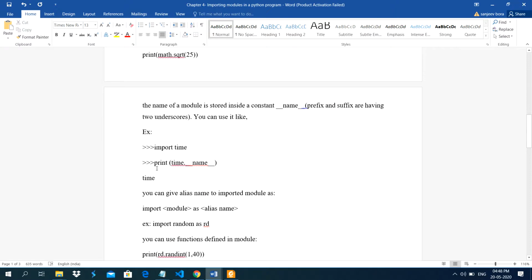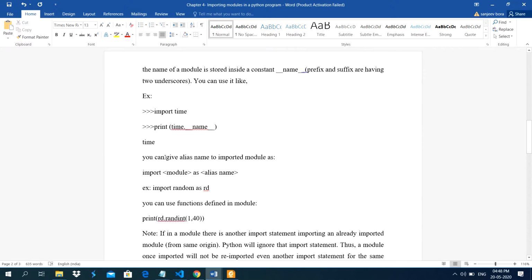Second is import time. Now here you write time dot double underscore name double underscore, and it will display the name of the module, because this variable or constant is defined by default in a module.